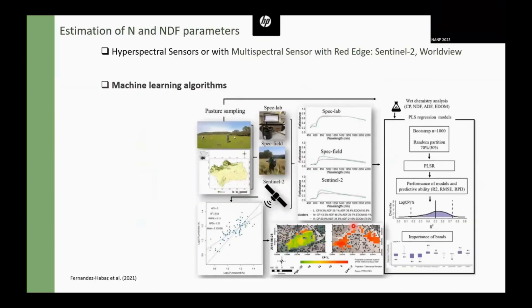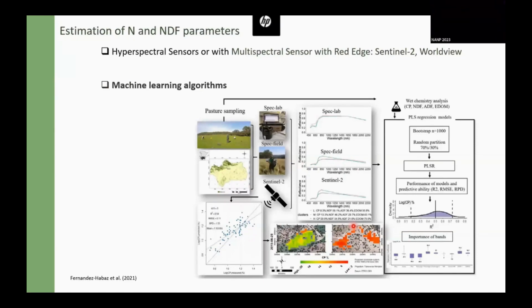The other way that you can use the satellite in grazing systems is to estimate the nitrogen and the fiber parameters. NDF stands for neutral detergent fiber. That is a chemical parameter from forages. Previously, those chemical parameters have been estimated based on hyperspectral sensors in the laboratory or those sensors in